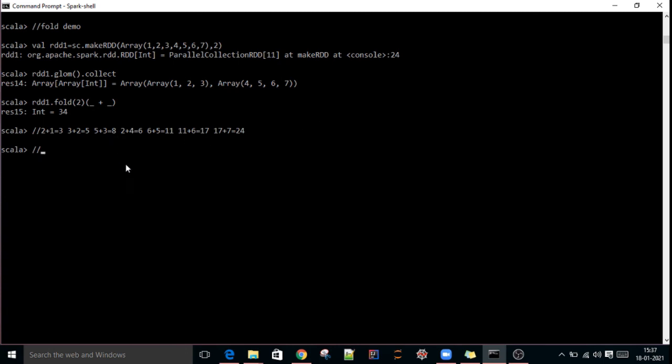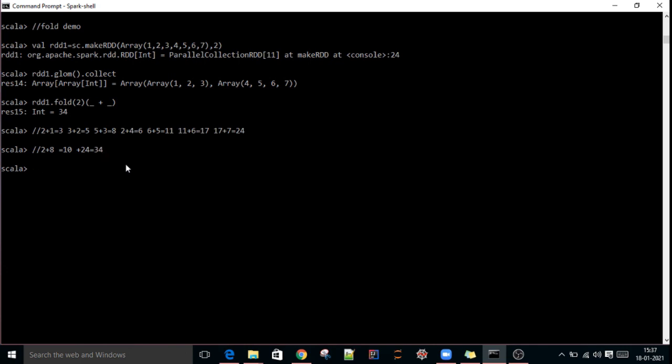There also the initial value will be applied: 2 plus 8, how much is that, 10. 10 plus the second partition total 24, 10 plus 24, 34. So that is the output, right? So 34 is the output.